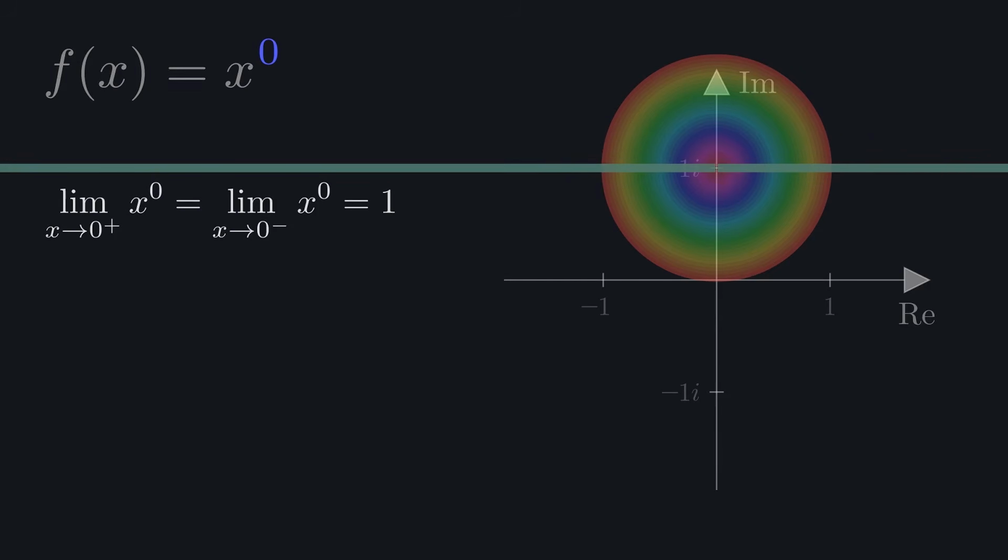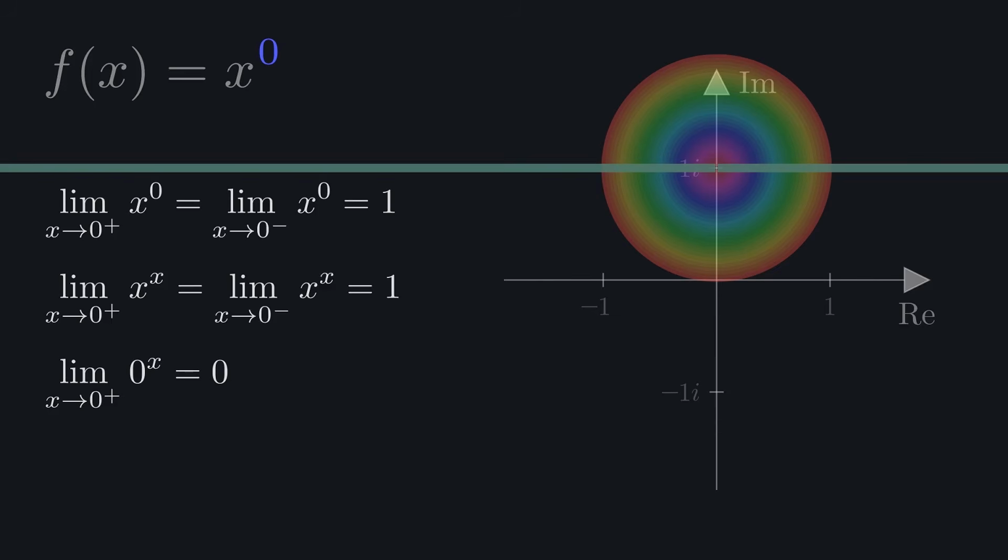The most commonly considered ones are x to the power of 0, our function itself, as x goes to 0 from the positive and negative sides, which both work out unsurprisingly to 1. The same happens if we simultaneously approach 0 in both base and exponent. The negative side limit only exists if we allow approaching from complex numbers, but it's there. If we fix the base to 0 and approach the 0th power from the positive side, we also unsurprisingly get 0. But if we plug any negative number in the exponent, forget the limit, we get this peculiar mathematical object